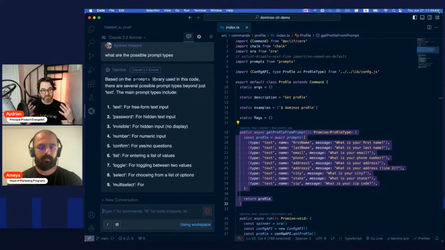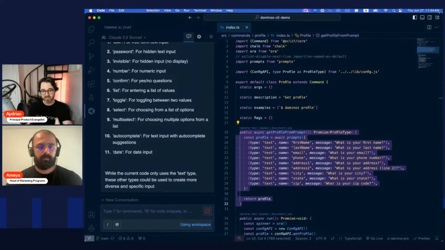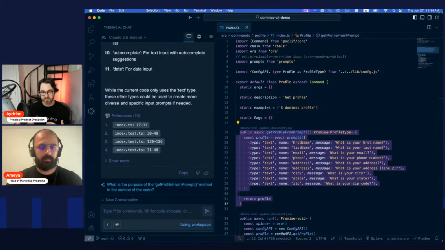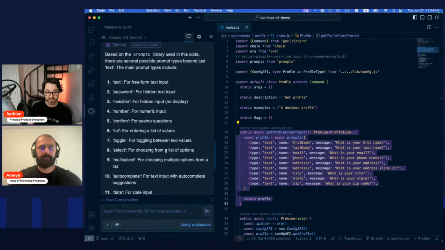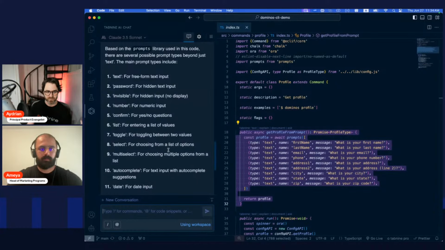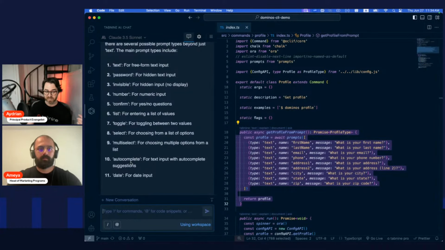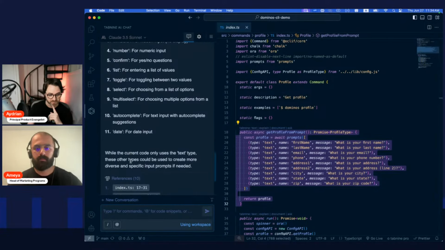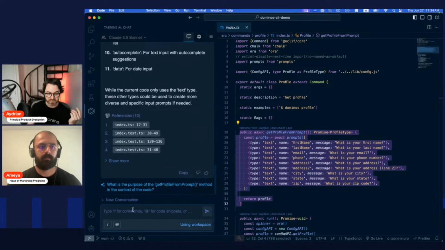And because of the workspace context, because it knows that we're pulling in the prompts package, it is able to come out and say, here are the types. So text, which we've seen. There's also password, invisible, number, confirm, list, toggle, select, multi-select. Ooh, autocomplete. That sounds cool. So we're zeroing in on what we need.